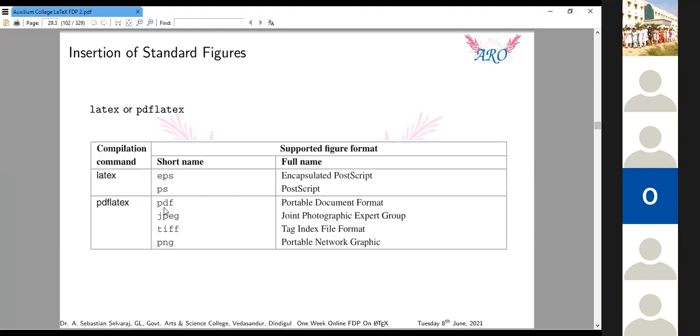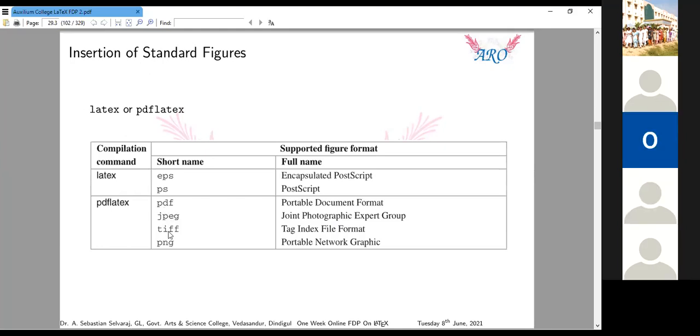Suppose you are using PDF, JPEG, TIFF or PNG files, you may use PDF LaTeX. It automatically creates the output. We can't combine both these formatted figures in the default manner. Suppose I have one figure in EPS format and another figure in PNG format, that's not possible to combine.